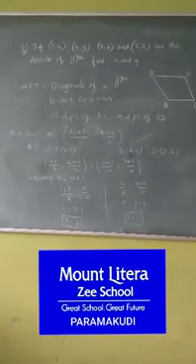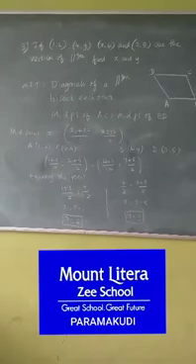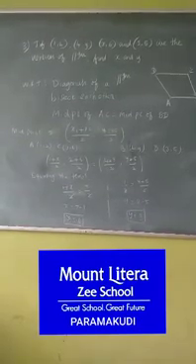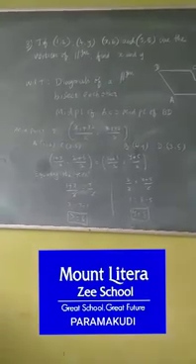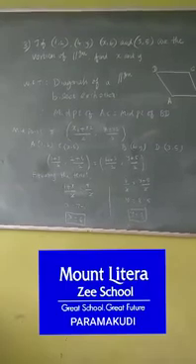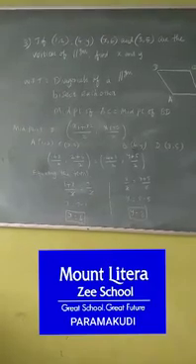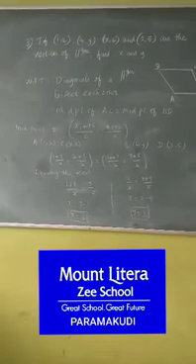Midpoint is equal to (x1 plus x2) by 2, (y1 plus y2) by 2. This is the midpoint formula. How will you find the midpoints? Take A and C: the middle value is the midpoint. A value is (1, 2) and C value is (x, 6). Likewise for BD, B value is (4, y) and D value is (3, 5). Substitute these points in the formula.